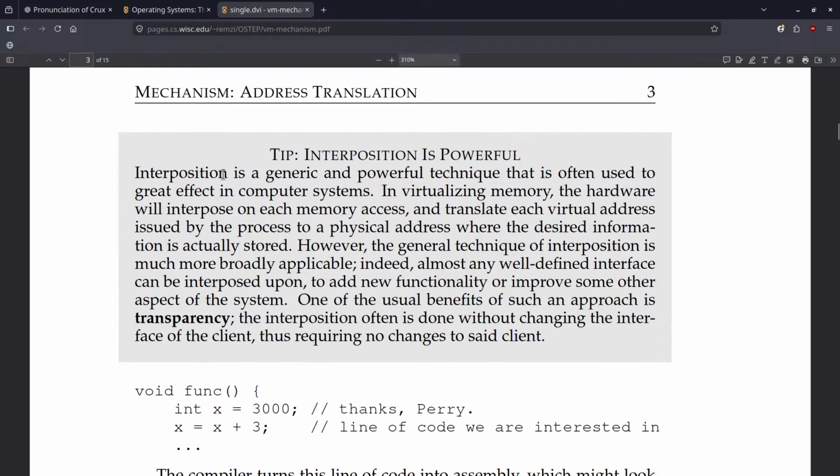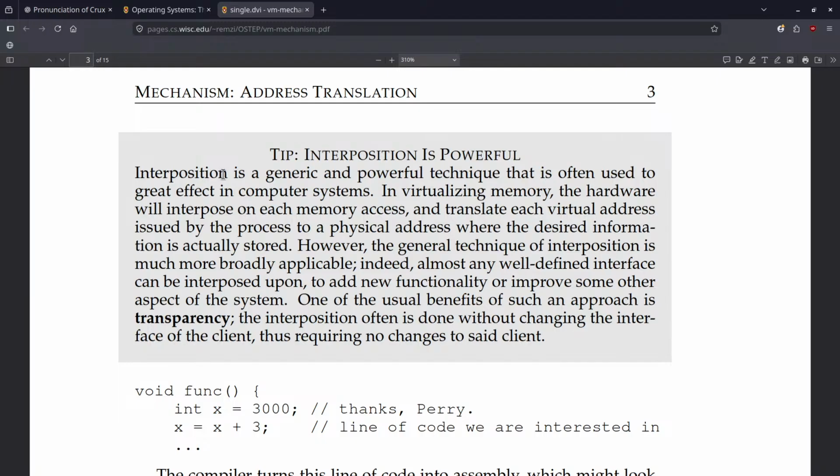Interposition is a generic and powerful technique that is often used to great effect in computer systems. In virtualizing memory, the hardware will interpose on each memory access and translate each virtual address issued by the process to a physical address where the desired information is actually stored. However, the general technique of interposition is much more broadly applicable. Indeed, almost any well-defined interface can be interposed upon